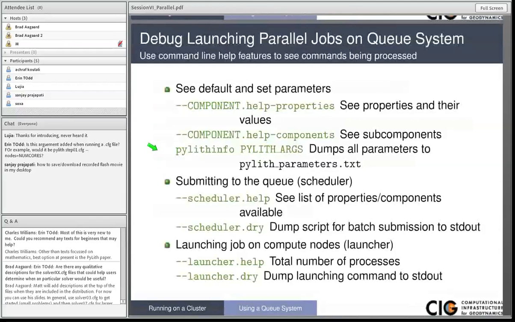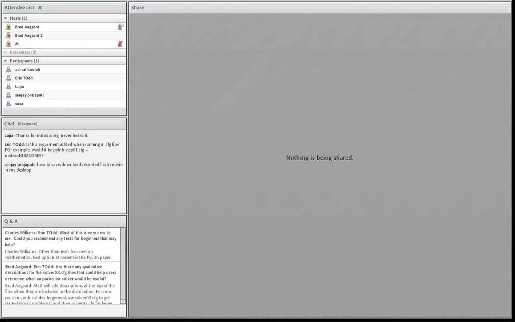And so just some final debug launching of parallel jobs. I think, well, let's come back to this. And so I'm going to stop sharing, switch to